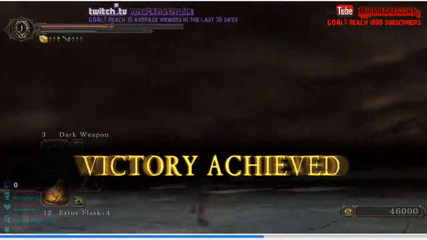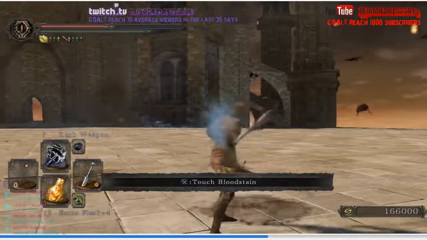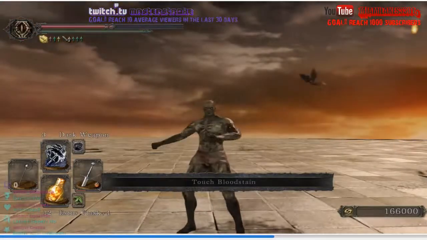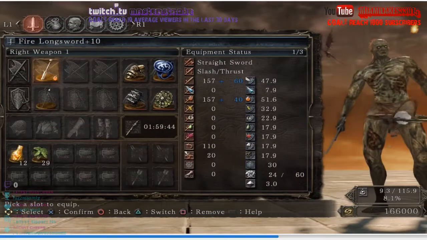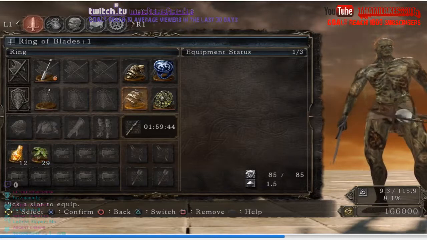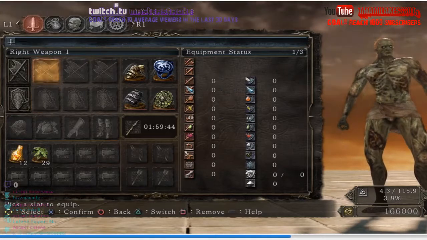And under 5 minutes, actually I think it was like 4 minutes and some odd seconds, we were able to beat the ancient dragon with a simple fire sword. I did upgrade it to +10, but still. There you see fire sword, sunset staff +5. The rings I've got is ring of the blades +1, ring +2, third dragon ring. I didn't even get to read the other one. I think the other one was to